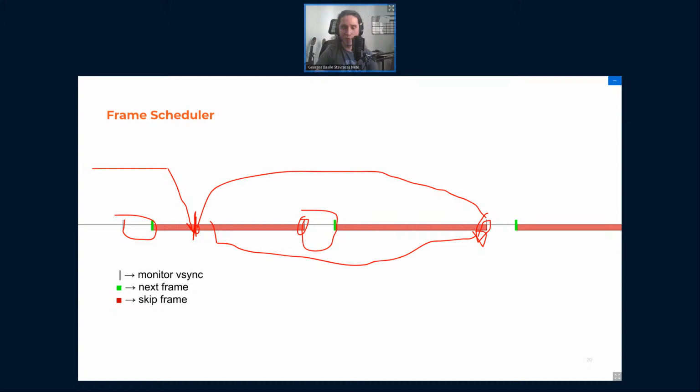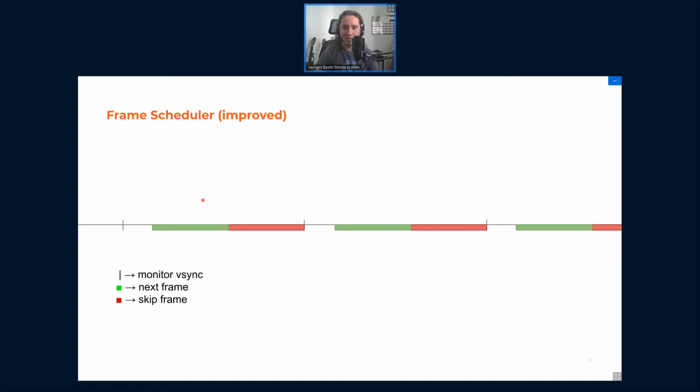But that's the old way. Nowadays, we improved this a little bit. We give a bigger room for applications to draw. So if, for example, the video player draws something right here, we're going to try and show it in the next frame. If it draws here, we're still going to try and show it in the next frame. So it has a much higher chance to not skip the frame. It's a better way to handle and reduce latency, so we don't skip too many frames.